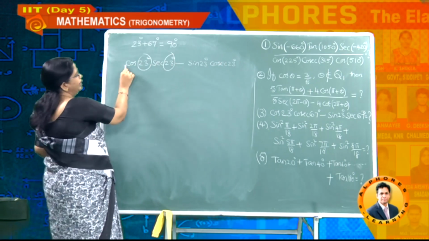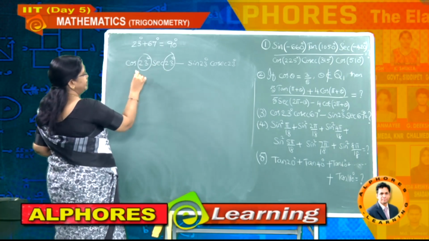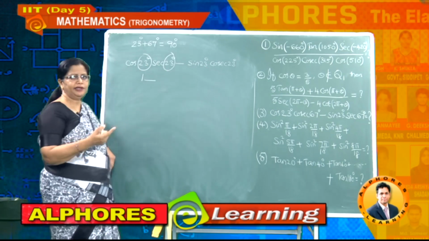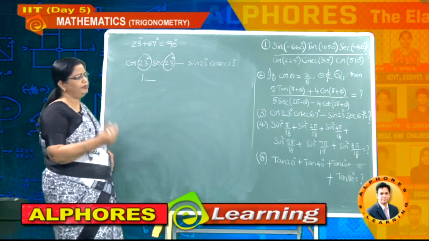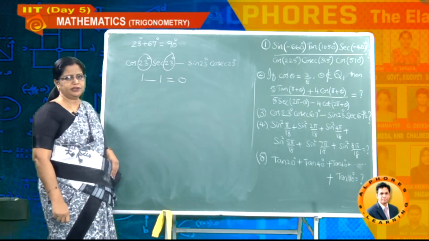Now, what happened? It is theta, this one also the same value. So it is of the form cos theta into secant theta. So what is cos into secant? It is 1, minus the one here also, same, since sin and cosec are reciprocals of one another. So this is also 1 and hence the answer is 0.